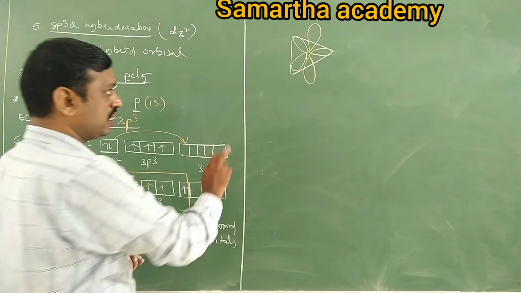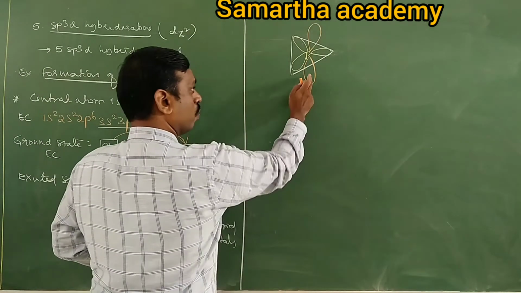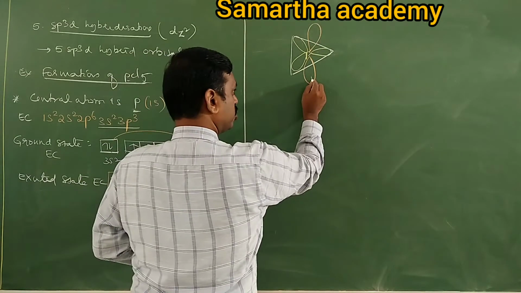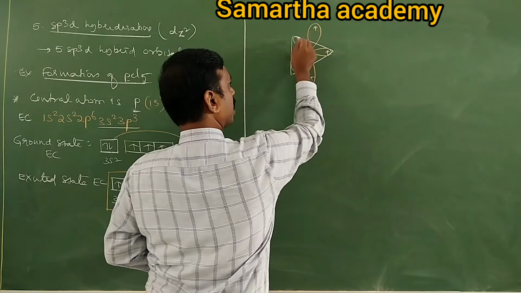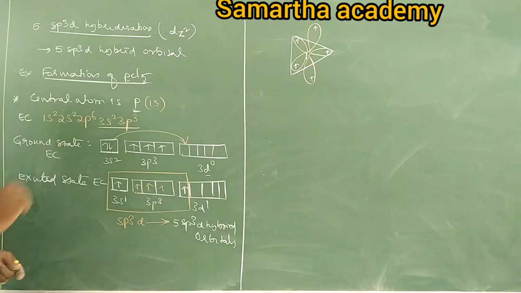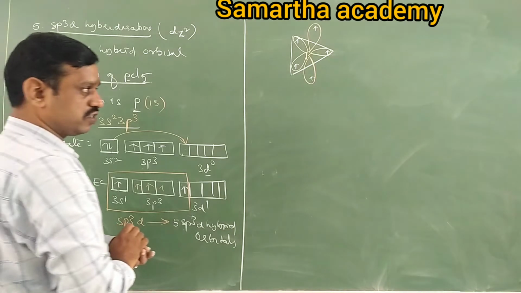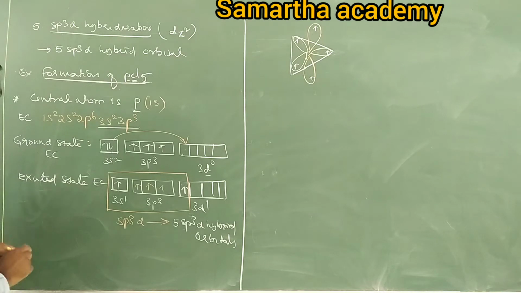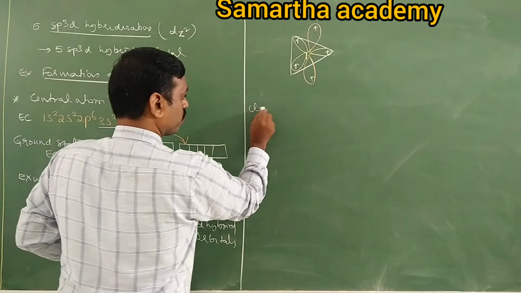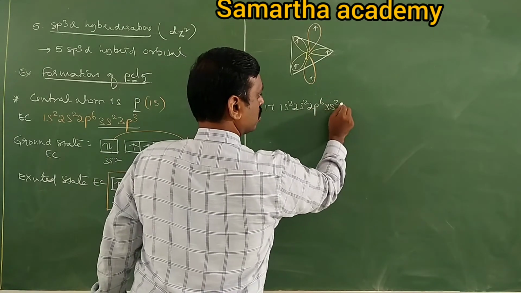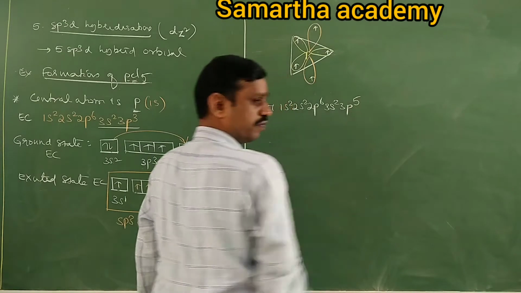Therefore, now here PCl5 has how many sp3d? 1, 2, 3, 4, 5. There are 5 sp3d, and moreover each sp3d has one unpaired electron, because before hybridization each orbital has one unpaired electron. Right. Next, it is about phosphorus. But now phosphorus is surrounded by how many chlorine here? 5 chlorine. The electronic configuration of chlorine is 1s2, 2s2, 2p6, 3s2, 3p5.